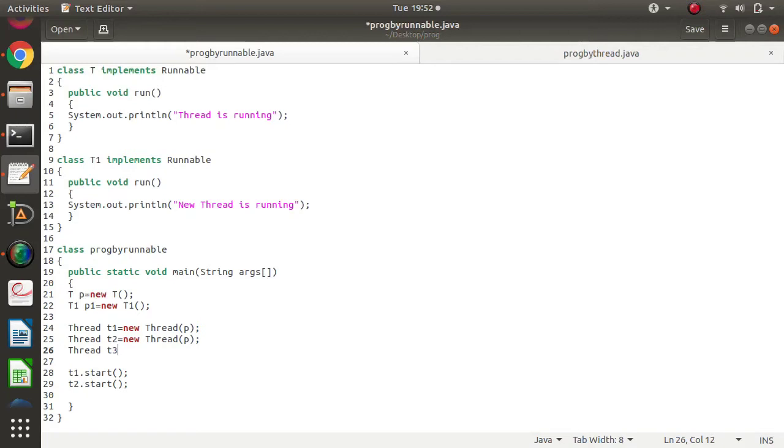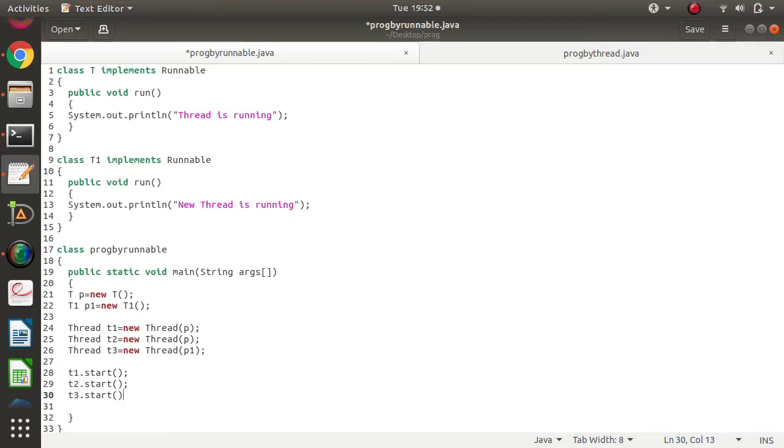So I'm providing name t3 is equal to new thread, and this time we are passing this object p1. P1 is the object of this t1 class. So here we will pass it. And again we need to call start method. So t3 dot start method.